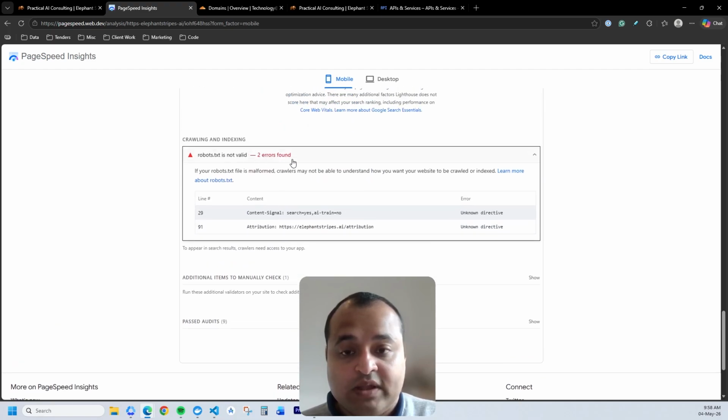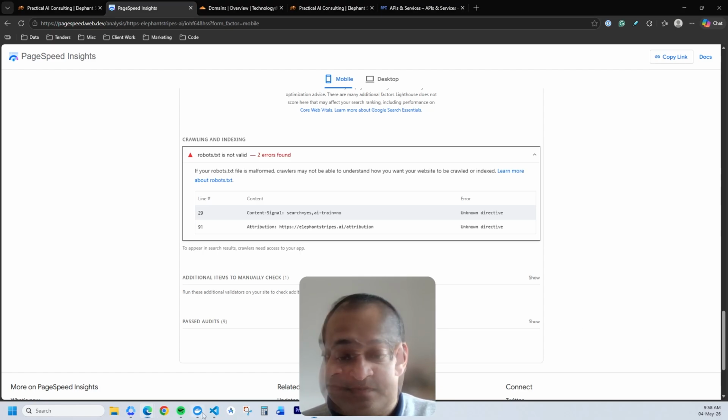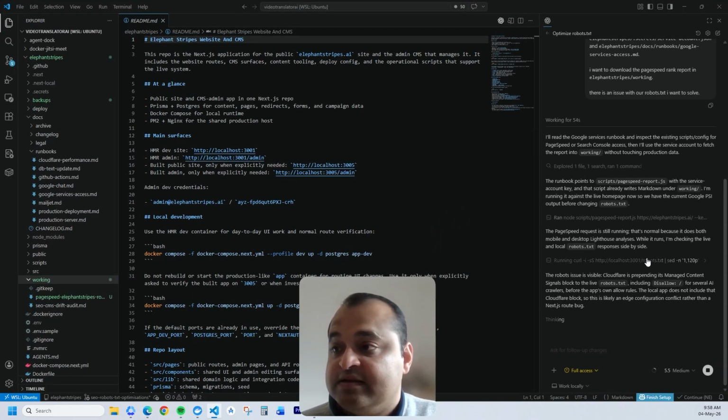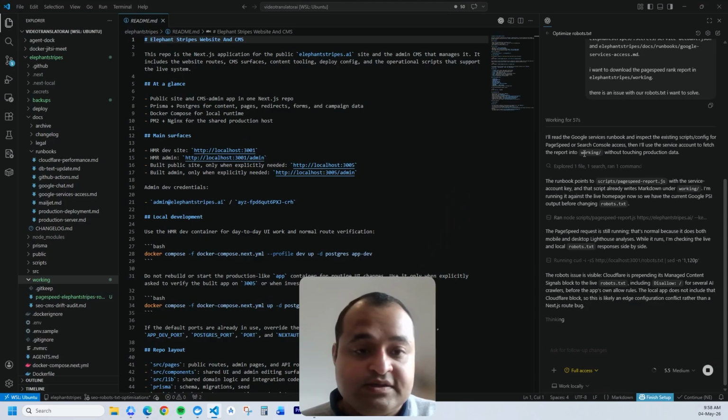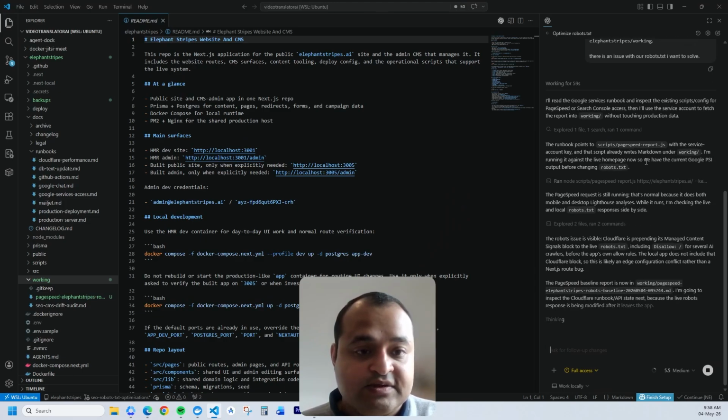And once we've identified the issue, we can then use a similar token to have a look at Cloudflare and see what Cloudflare is saying. And that's kind of how we're going to solve this problem. Now, let's see what's done. Ooh, okay. So it's read this, it's looked at the PageSpeed report, it's running the report,